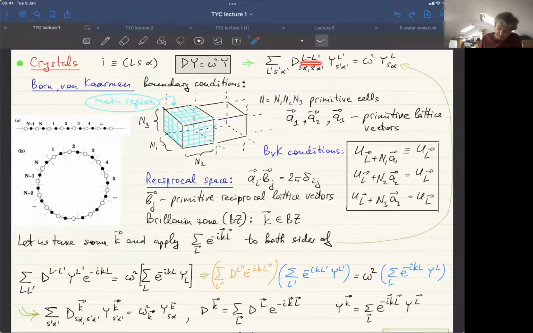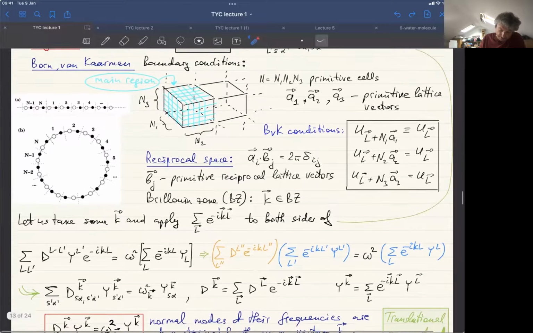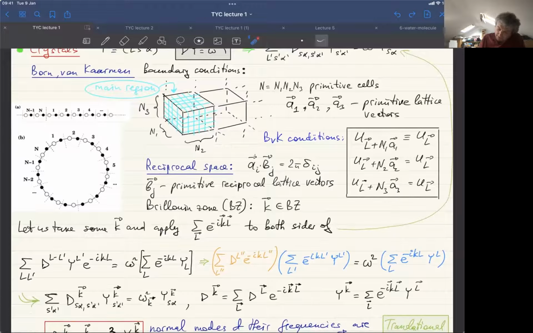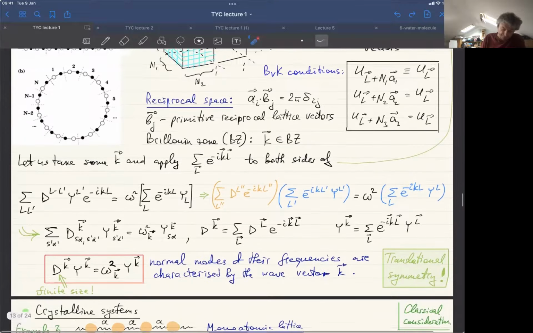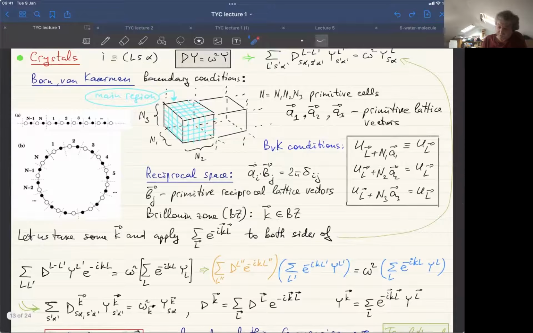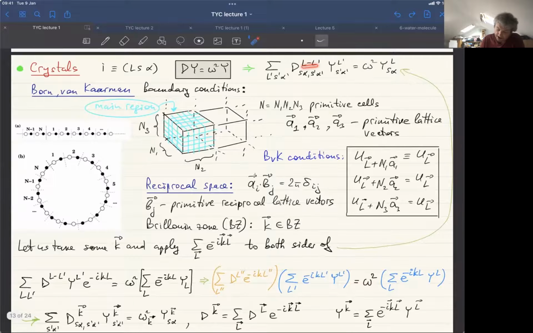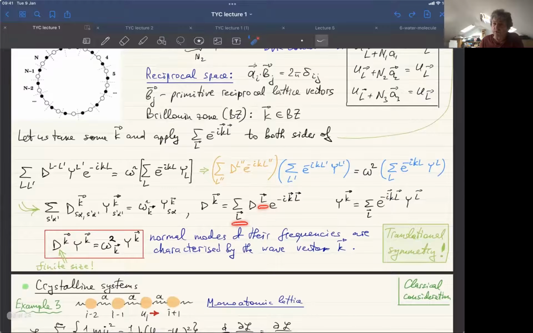And because of that, I probably don't have time to go into details here, but one can easily show by using the Fourier transform that the infinite problem is equivalent to a set of many finite problems like this, where D_k is a lattice sum of my matrices D_L. Yes, so now this L minus L prime, I call just one L, and a sum over all these L vectors,